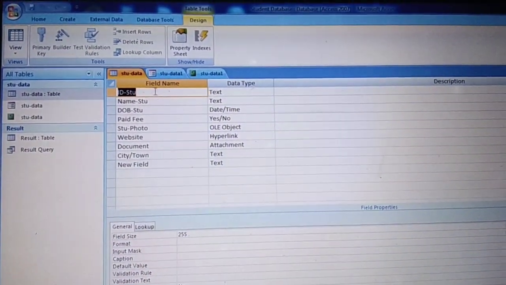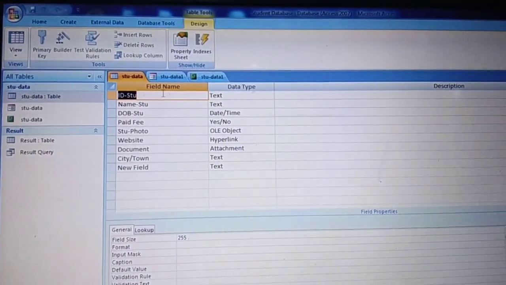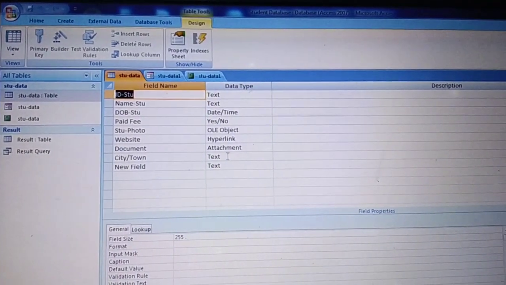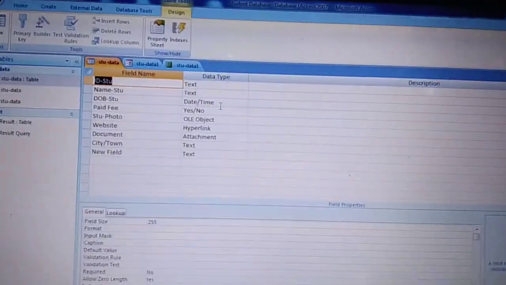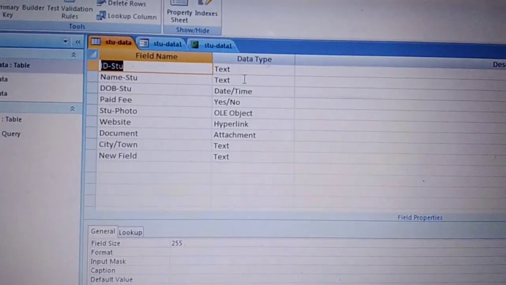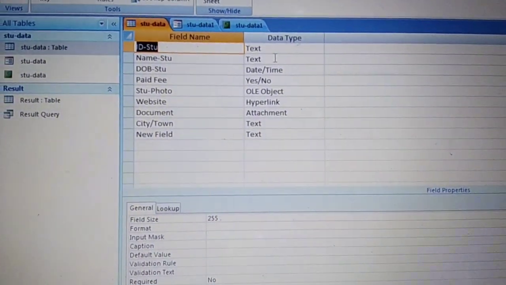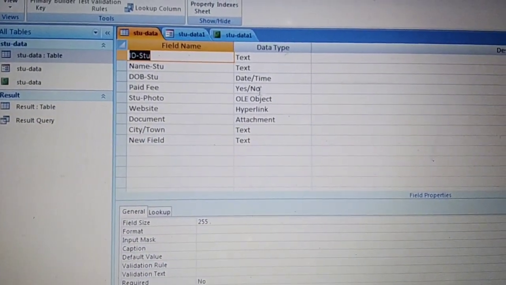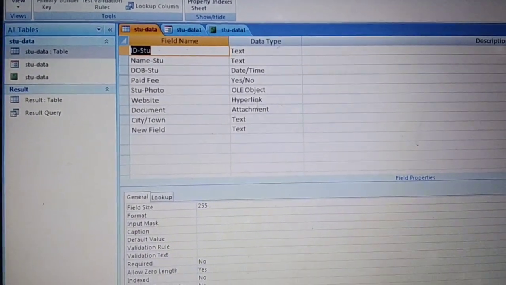Okay, see, now I have taken some fields. These are the field names and these are the data types. Like in our book also, some data types are given; the same data types are displayed over here.